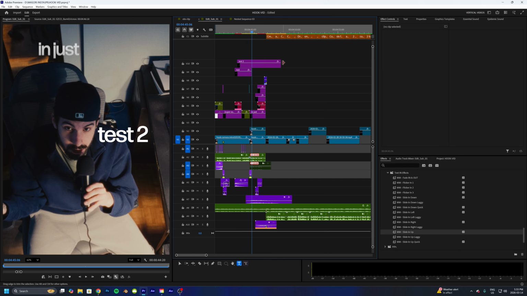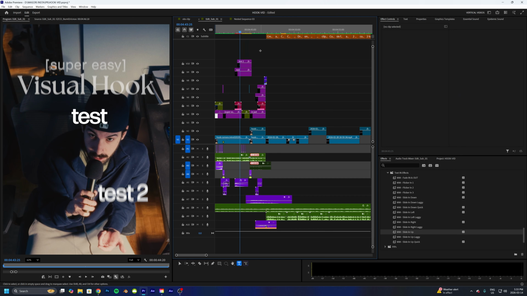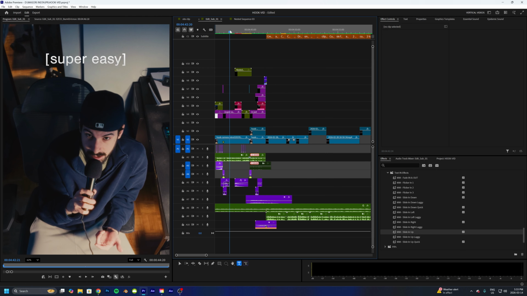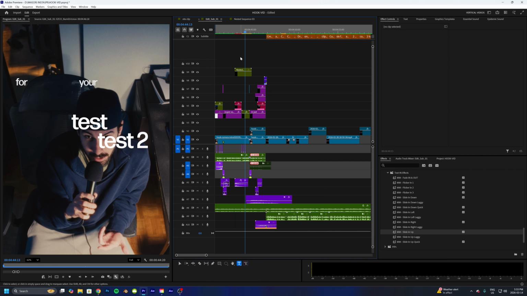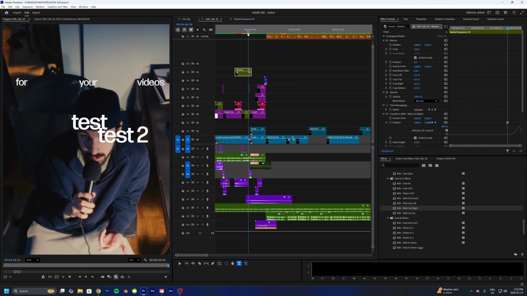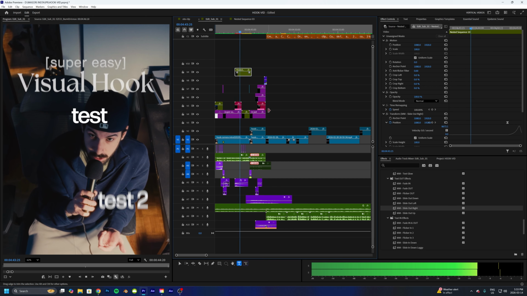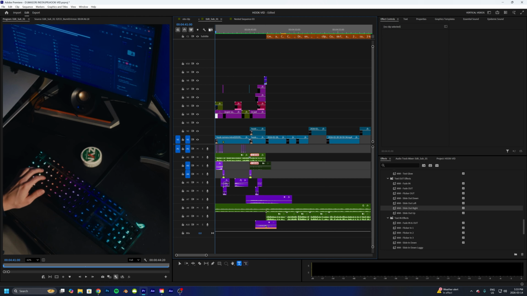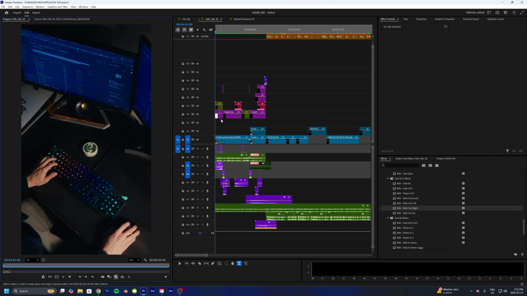And then what I would do is I would nest these 2 together into one. And then I would do a slide out right on this nested clip. So then they both slide out right. Just like that. You know what I mean? Super easy visual hook for your videos. And that's how you stack these effects together. And that's literally every single text in this video that you're seeing